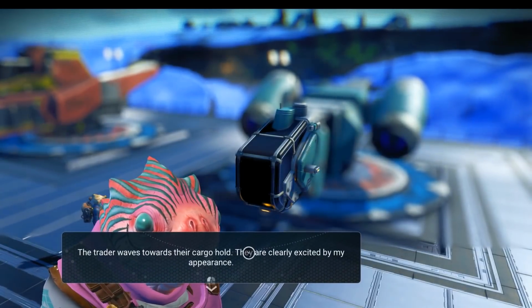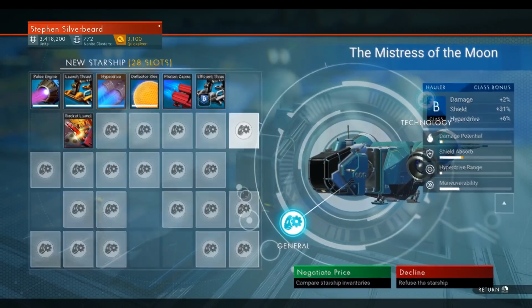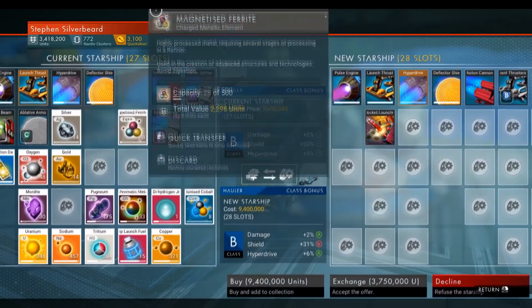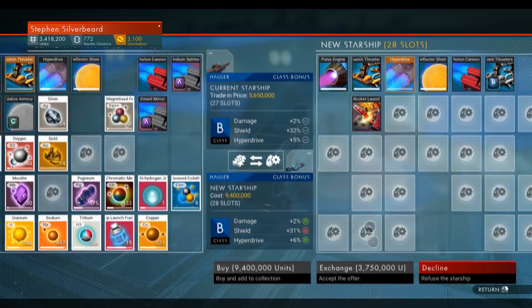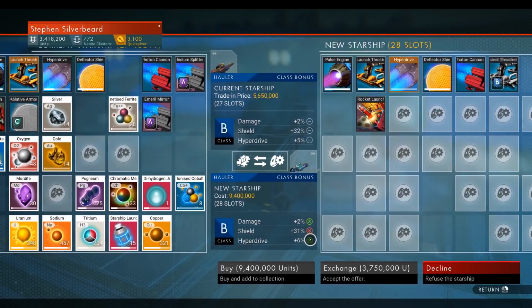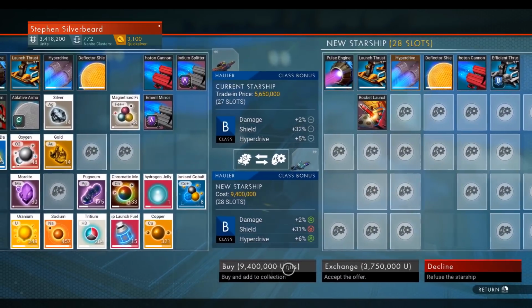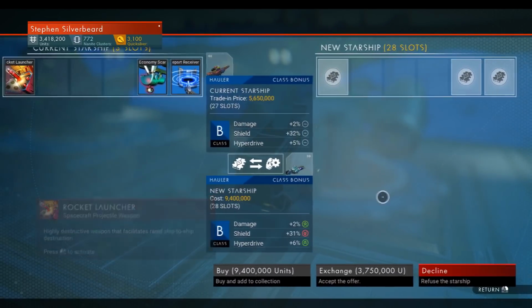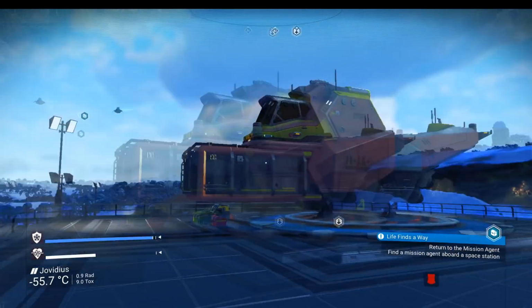It's actually quite a cool looking ship. Oh, I should have checked it, shouldn't I? 28 slots. 27. And I don't actually have enough for it. But it's actually got less. It's got better hyperdrive, worse shields. And I would lose all the tech as well. Okay, no, I don't think it's worth it to take all my cash. I mean, it looks great, but